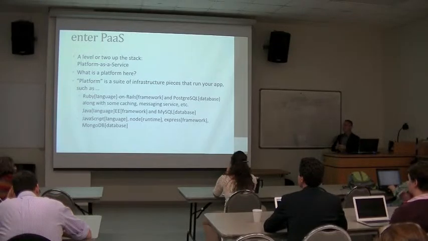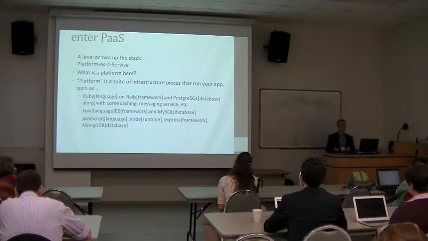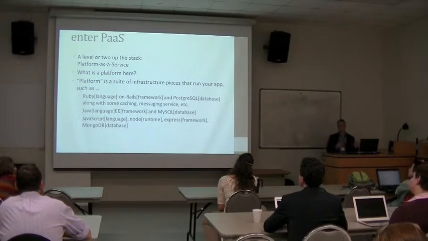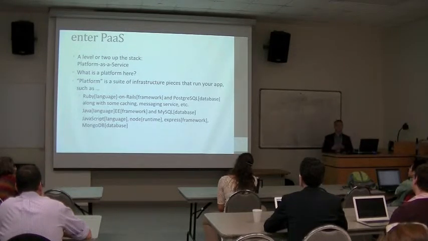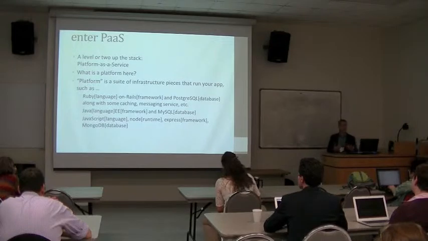So platform in this sense means the collection of tools and components that our application is built on. So I have a few examples up here. There are as many platforms as, it's a combinatoric thing, so you can make up as many platforms as you like. But examples would be, say, Ruby on Rails with Postgres. So Ruby is a language, Rails is a framework, Postgres is a database. Hopefully there's some operating system underneath there, but in theory you shouldn't have to care. Java EE, MySQL, there's an example. JavaScript, Node, Express, and Mongo, there's another example. So each of these is a platform.